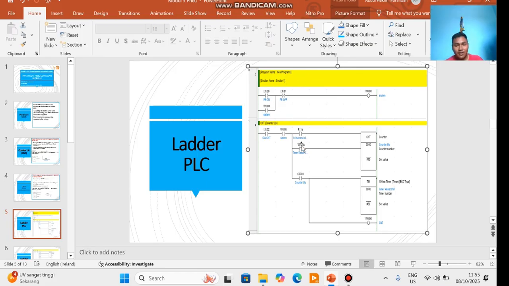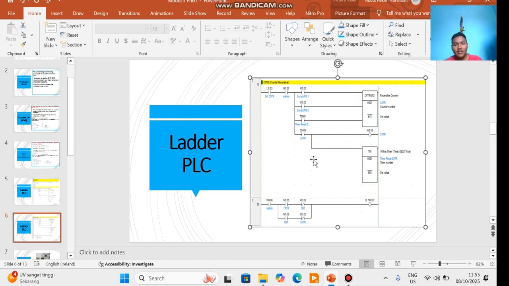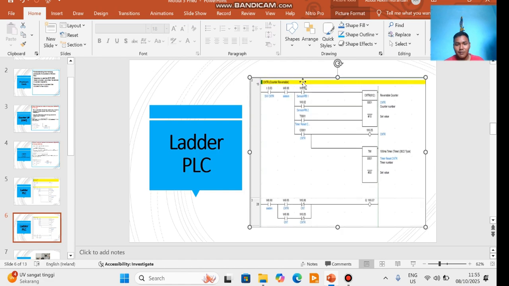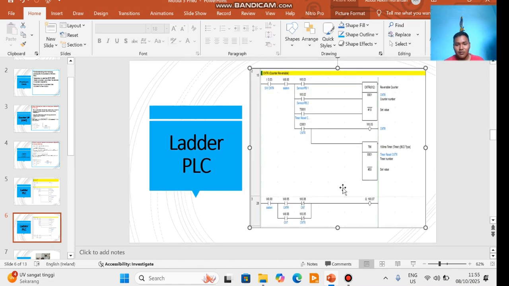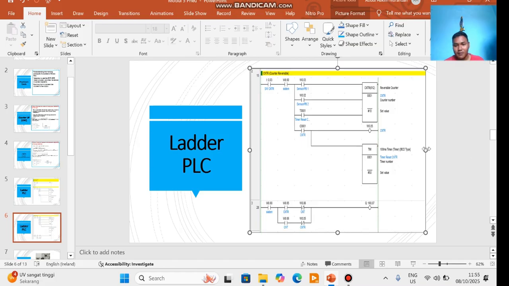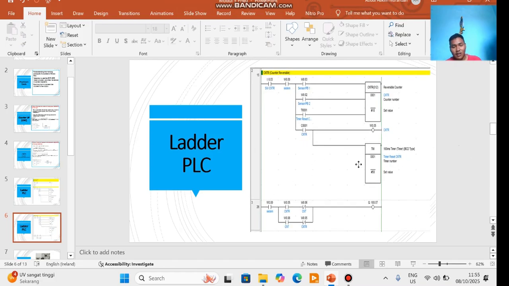And this is the full ladder diagram. On the next slide we see more pictures of the ladder diagram, and this is the last picture for the ladder diagram.